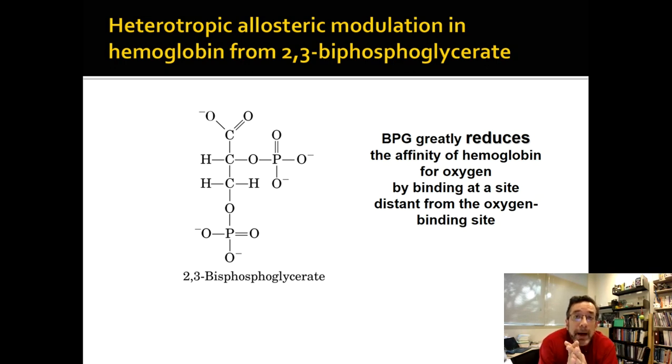And the way it compensates is through heterotropic allosteric modulation, which is a big word for saying it makes another molecule that twists the hemoglobin into a new shape. It's actually not so much a new shape as an old shape that we've seen before, but it's a little bit surprising because it twists it more into the T state. Now you might be thinking, don't I need more oxygen? Why am I going to the T state if it binds less oxygen?